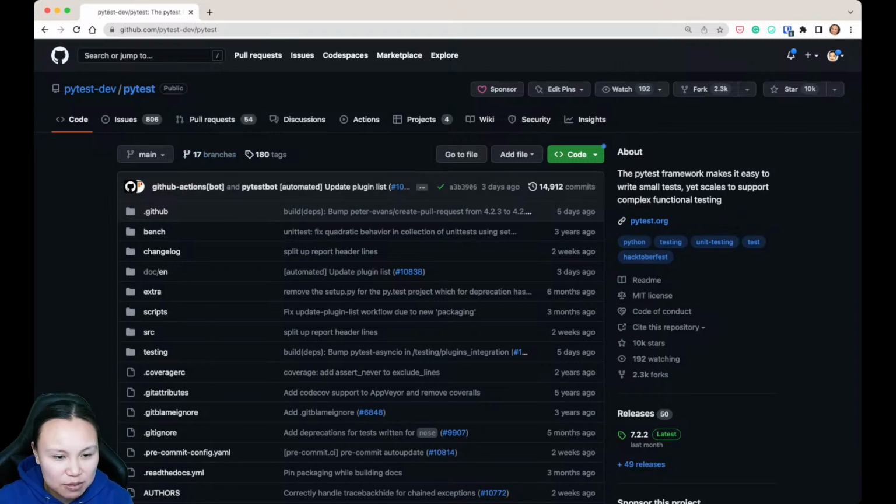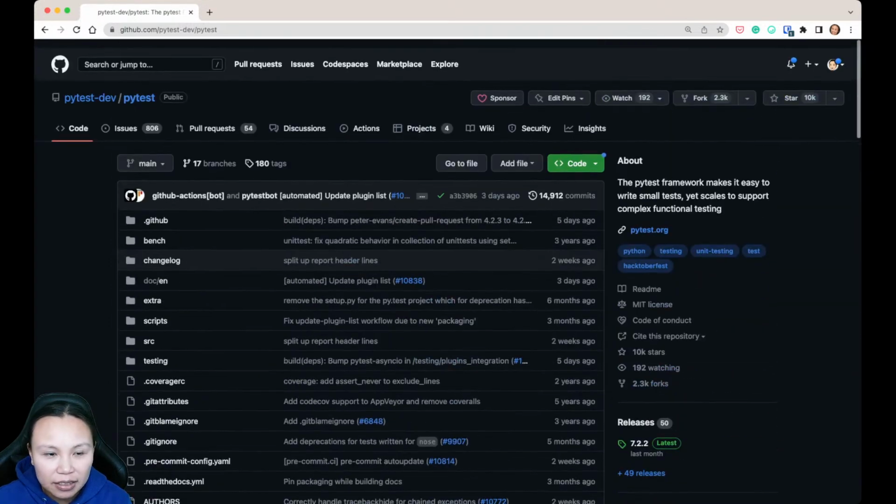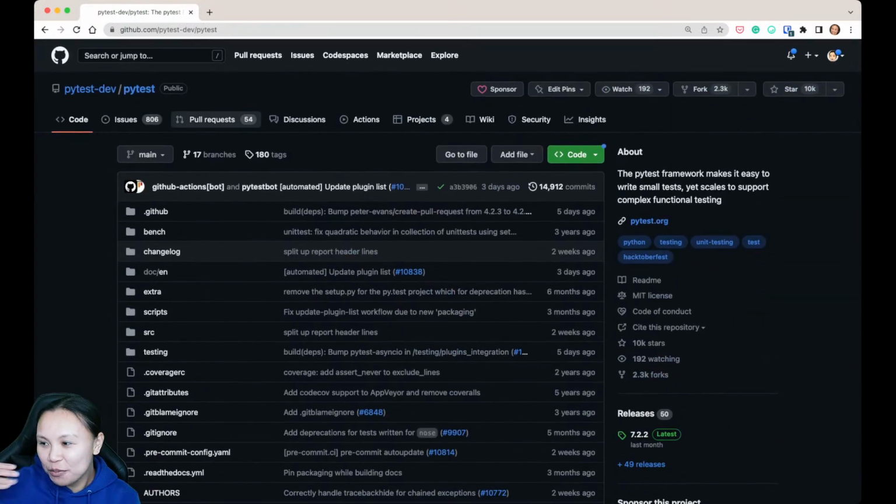Make changes. Make sure you follow the guide. If you have to fill in the change log, fill that in. Follow all the stuff, and then go through the long process to get the PR a green check and an approval. And then you get it merged, go to the purple stage, and you will become a contributor of that project. That's great. So again, making a pull request and contributing to open source is sometimes a very long process. There's no shortcut to it. But throughout the process, you learn a lot.